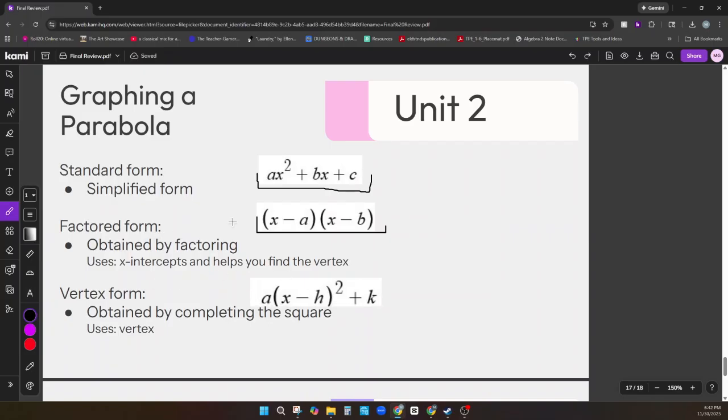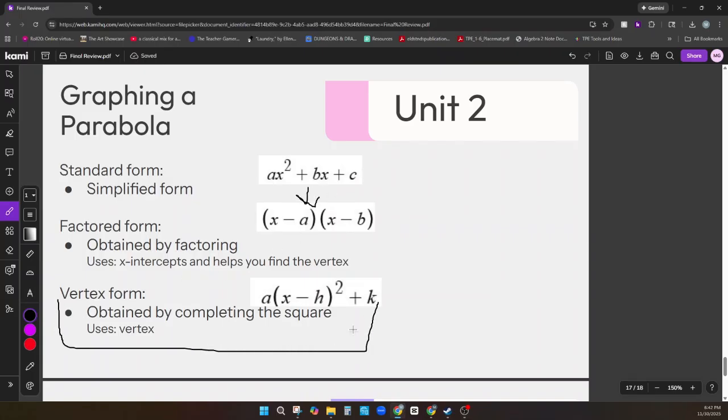The only thing you need to worry about for this section is going from a standard to factored form. I will give you vertex form, so you will still need to remember how to pull out information from vertex form, that being h and k are our vertex. So my vertex would be h comma k for any given vertex form. But as far as factoring or factored form, you must know how to get from standard to factored form via factoring. Okay? That's all we're looking to use factoring for in Unit 2. And Unit 3,